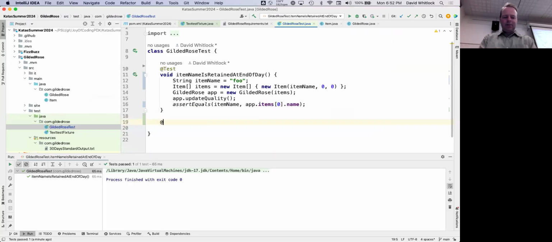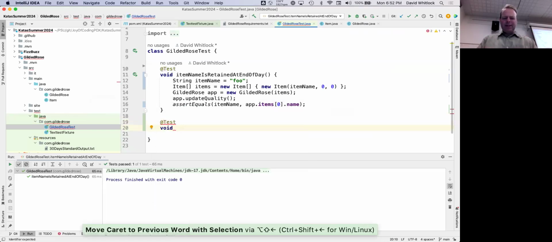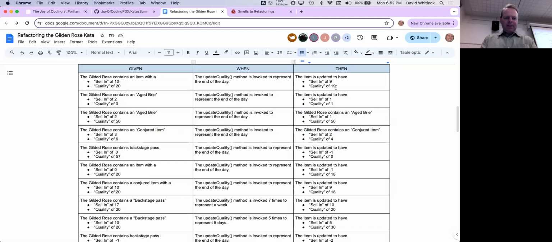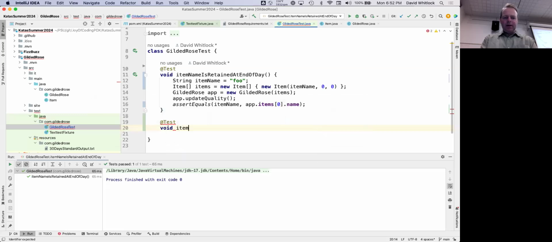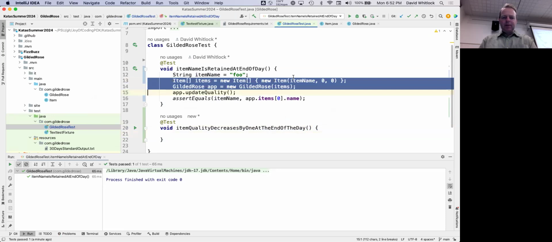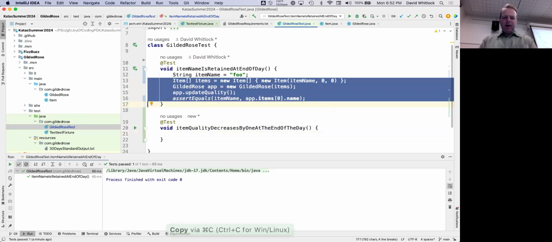I'm going to use this just to get some experience with the code. I'm going to call this, item quality decreases by one at the end of the day. Let's see here. I'm just going to start with all this stuff. Oh, and you know what?